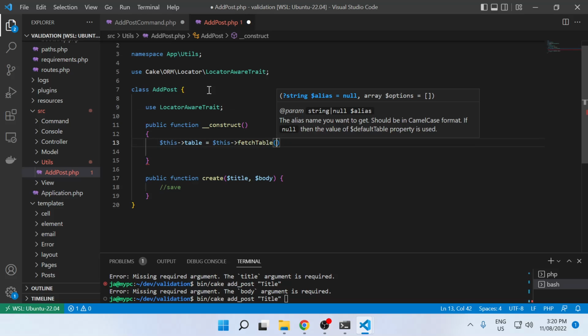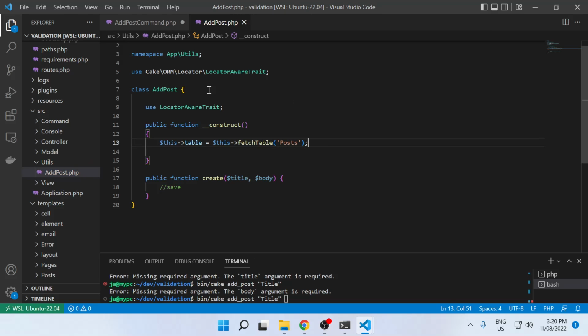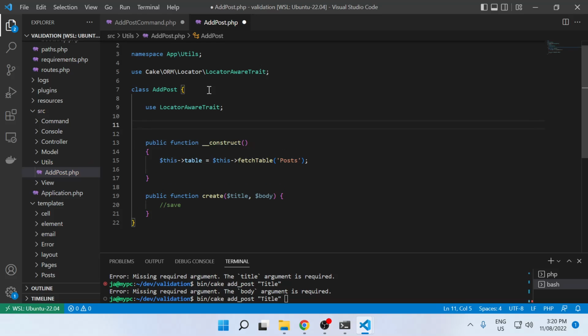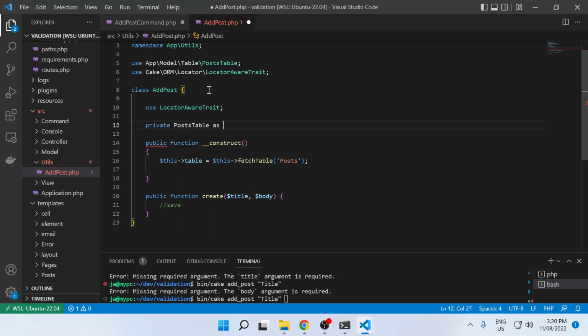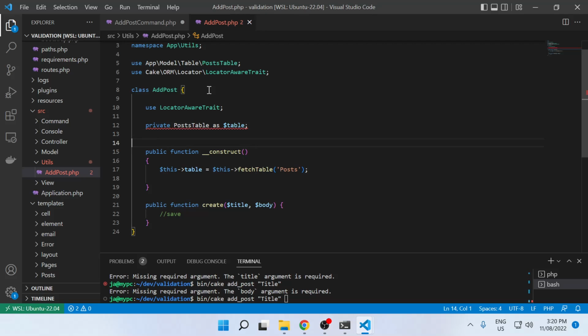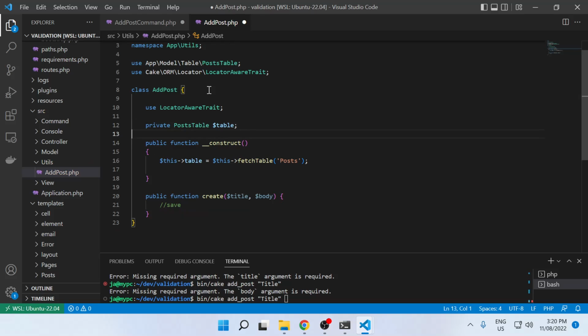So if you have a look here, you can then put, so adding a table, might be better if I put as. Right, so what we need to do, we need to create a post entity,